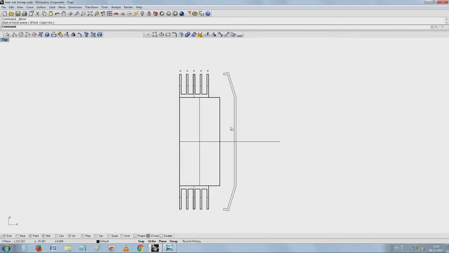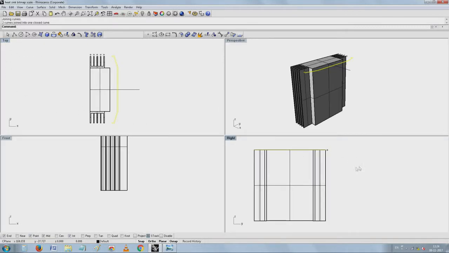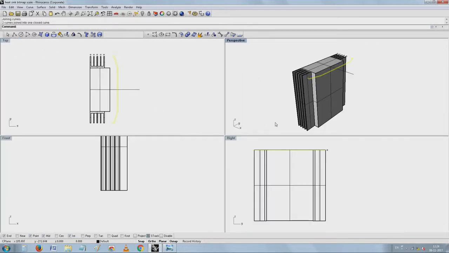See, I have got what is obviously a nice curve here, and if I see where it is, this curve is sitting on top of it here. Can you see here? So, it is very much possible for me now to try to extrude the curve.